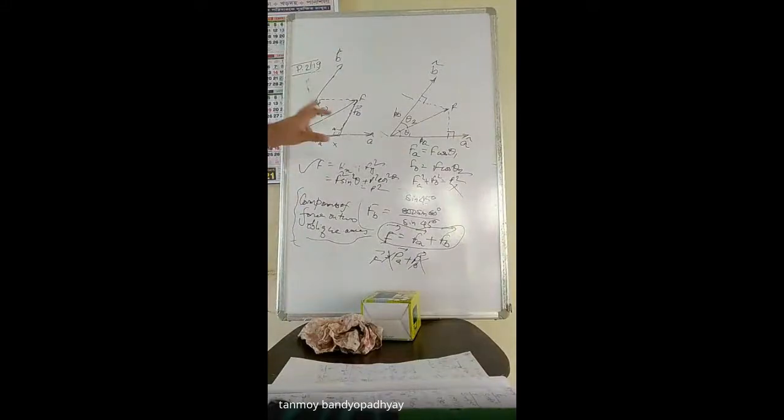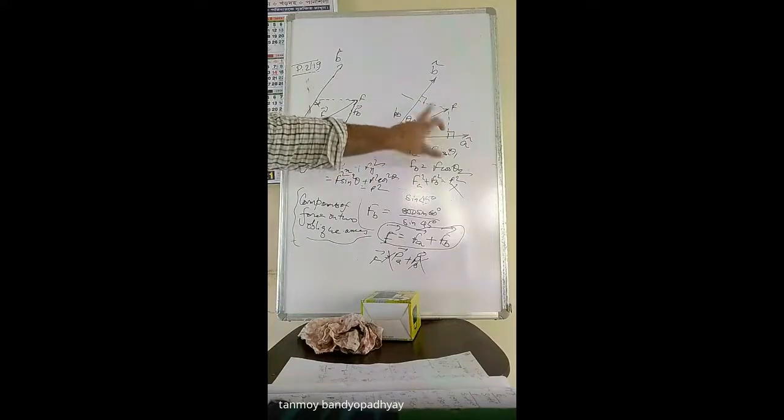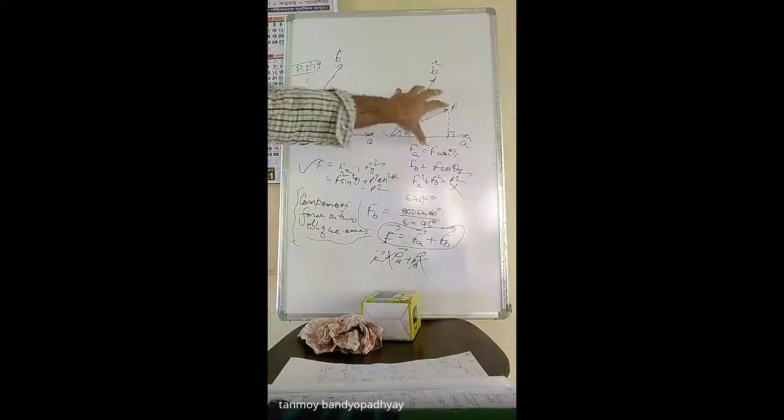ঠিক আছে? এইটা আর এইটা, this one is the first case where I am determining the components FA and FB. সেইখানে কিন্তু I have to complete it vectorially so that these lines have to be drawn in order to complete the parallelogram. আর এইটা কিন্তু it's a different case where I am just finding out the projections of this force on individual axes. So সেইখানে if I draw the perpendiculars actually I am getting PA and PB, which are the projections of the force, the scalar components of the force on the individual axes. ঠিক আছে? And then they don't add up vectorially to form the force F. মানে আমি vector law দিয়ে এটা যাচ্ছি না, this is not a vector law, this is a vector law.